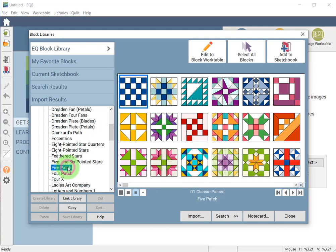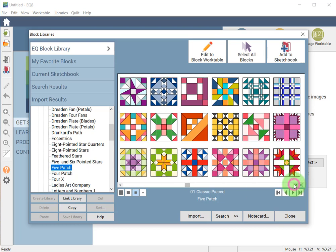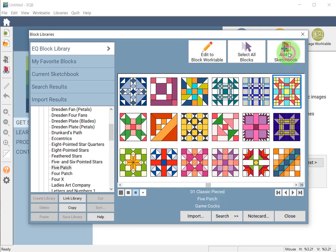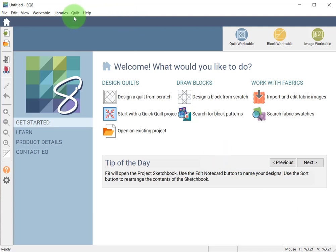I'm going to click on that, and then I just scrolled through here until I found it. And okay, it's here. It's this one. It's the Old Scraps Patchwork. So if I click on that and add it to my sketchbook, then it is now available for me to play with. So I'm going to close this window,